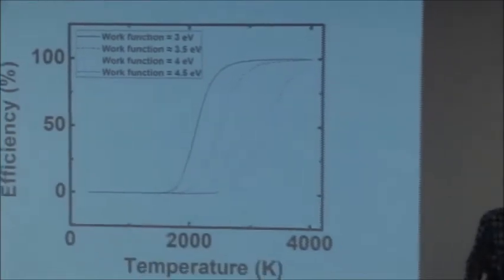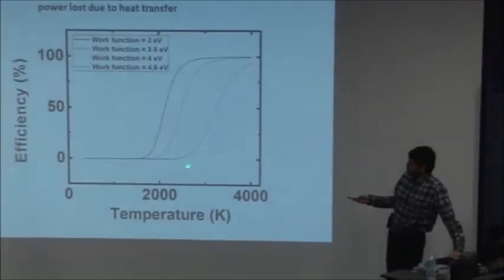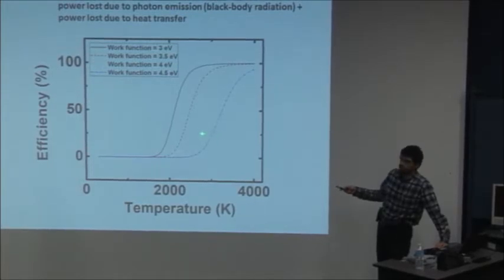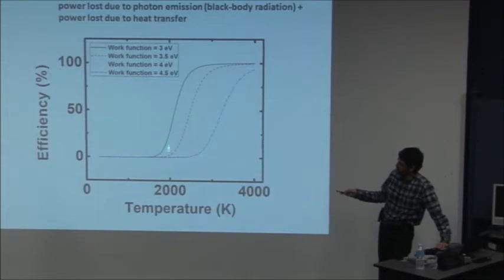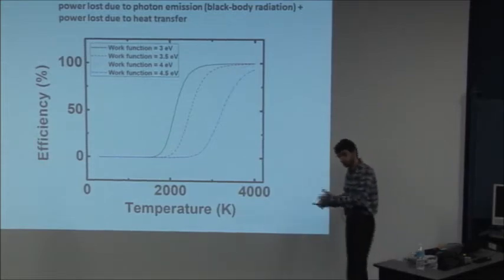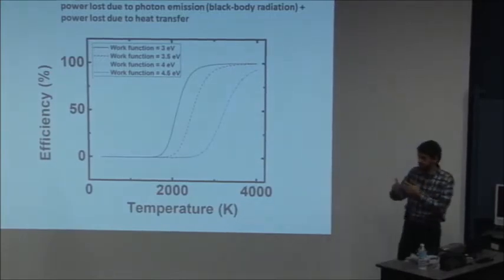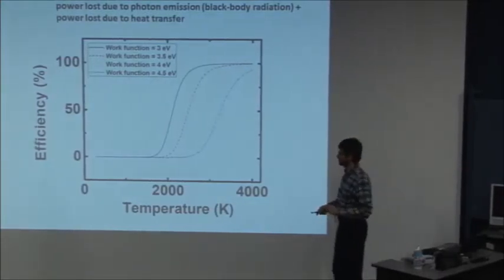But the other thing is that if you don't want to go too high in temperature, which you probably don't because you destroy everything, if you manage to reduce the work function of the material, you will see that at much more reasonable temperatures, you can go to very reasonable efficiencies. So there is room for engineering here, and of course, a lot of study on the chemical properties and surface and work function of nanotubes.